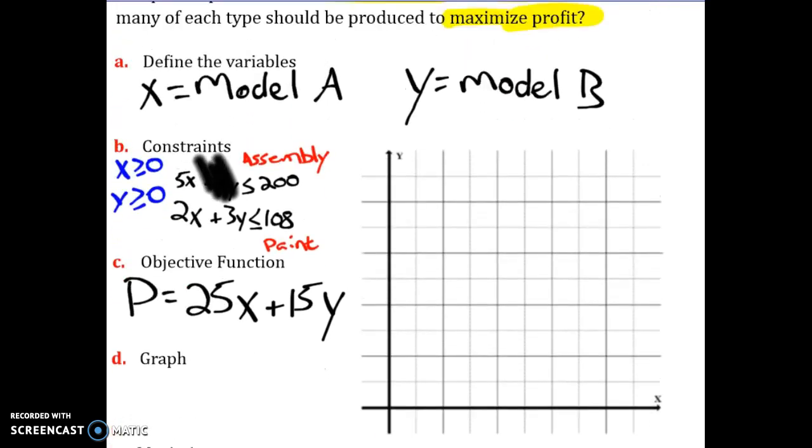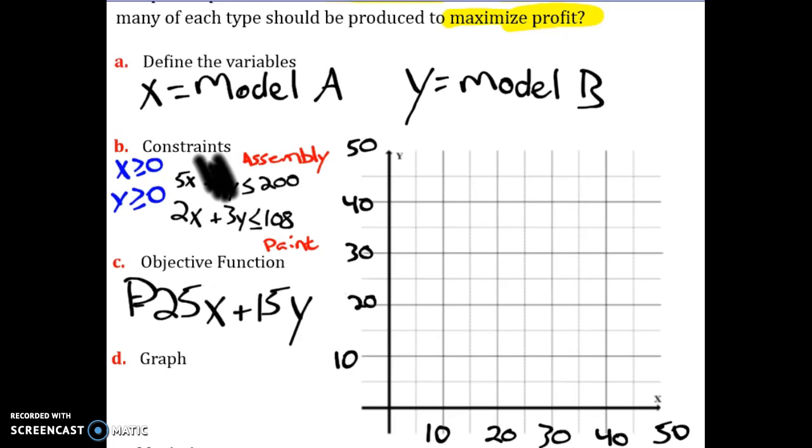Before I get too far, I should probably label my axes. I'll just count up by 10s: 10, 20, 30, 40. Up here I'm running out of room on the graph, but I'll call that 50. Down here, same thing: 10, 20, 30, 40, and I'll call that 50. Let me get the objective equation out of the way. All right, so for the first one,